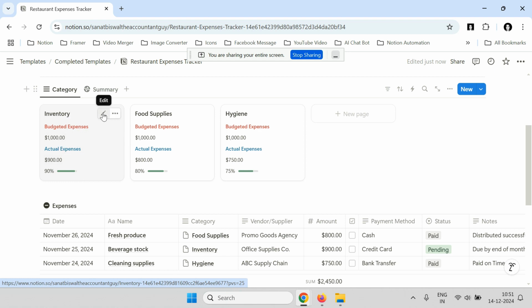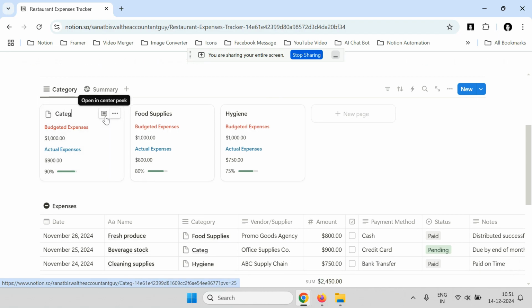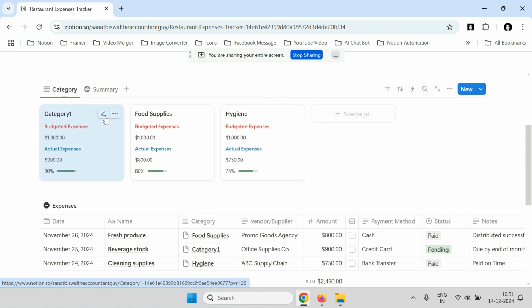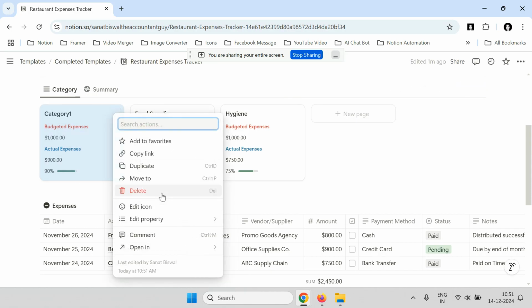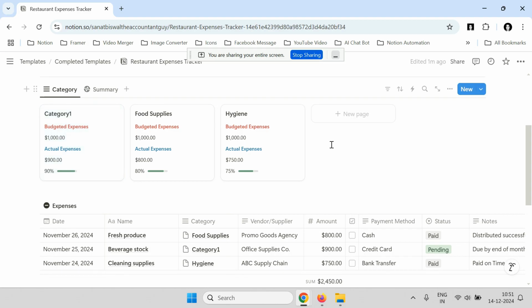In order to edit a particular category, click on this pencil icon and you can edit the category as per your requirement. So I'm going to click edit on this. And if you want to delete a particular category, click on this three dot and click on delete. It will automatically delete the category. If you're looking to add a new category, click on this new page and a new category will be added